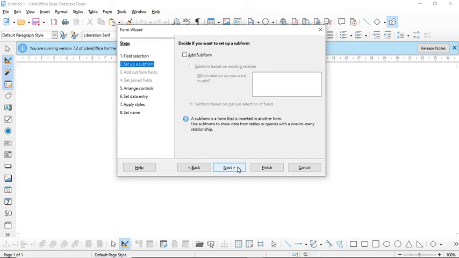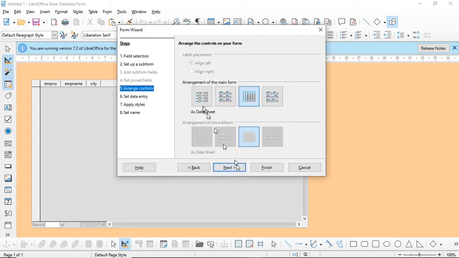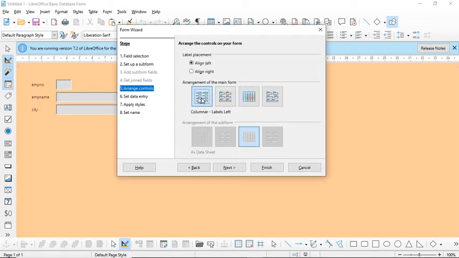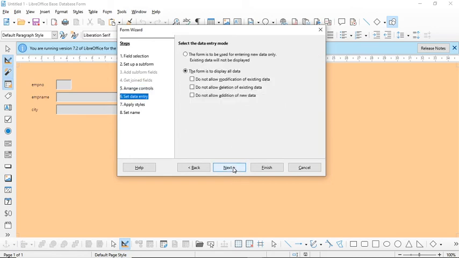If you want to add a sub form, you can add it, otherwise click on next. Here is the arrangement, this is the arrangement I want for my form, so click on next. Then select the second option, because when you select the first option, the form is to be used for entering new data only.